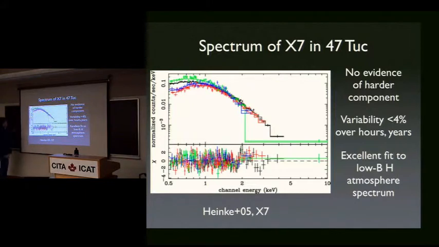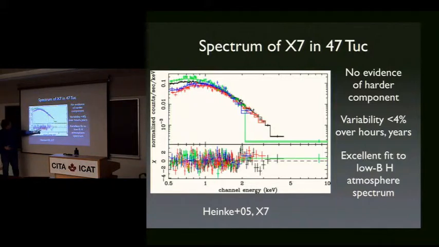There are 4 different spectra because there are 2 different observations, each of which took part of the observation in a normal CCD mode and part of it in a mode designed to reduce the amount of pileup. Pileup is when you have multiple photons landing on the detector on the same or adjacent pixels during one frame time. So they're regarded by the instrumentation as a single photon with the energy that's combined in the two. That can mess up your spectrum. We have to model for it, and it's useful to have a check on it. So these are the ones that don't have pileup, and these are the ones which have more photons, but you have to model pileup. But the nice thing is you fit this to the hydrogen atmosphere, and here's your